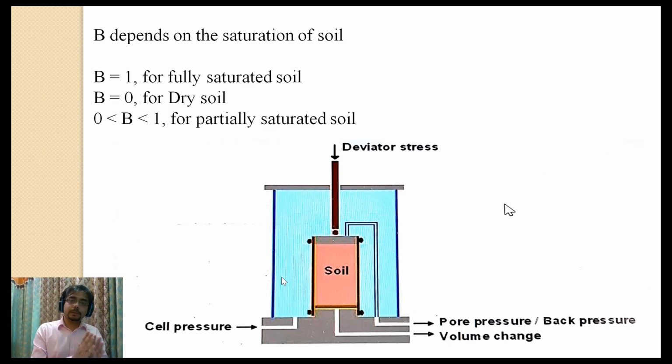Why are we coming to it? Suppose B is equal to 0. That means no excess water pressure is getting generated if we change the cell pressure. So this will be a completely dry soil. Now coming to the dry soil part. What I have told is that if you are going to apply a stress, some part of this stress at that point of time will be taken by the pore water. This is known as excess water pressure.